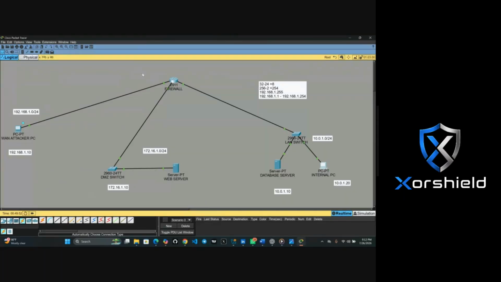They say we should permit it to have access to the web server. That's rule A.